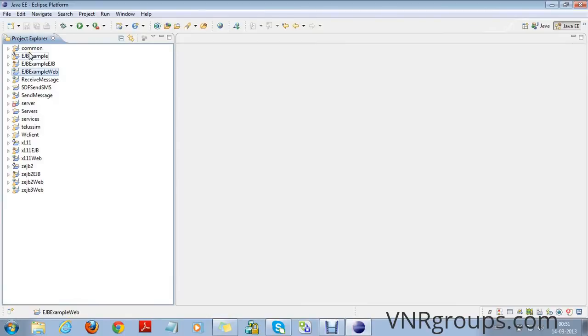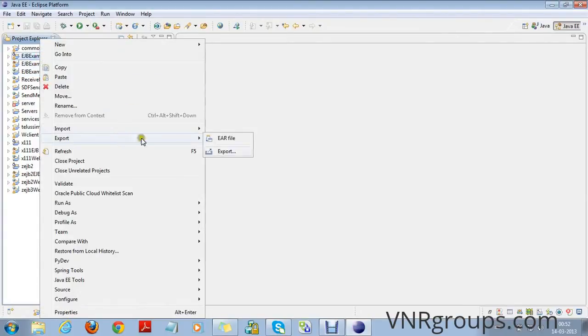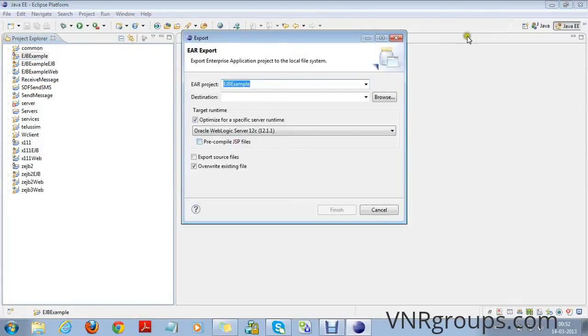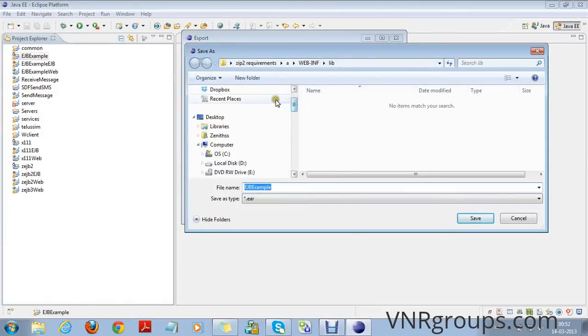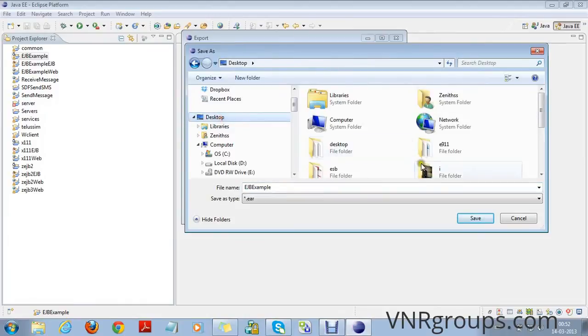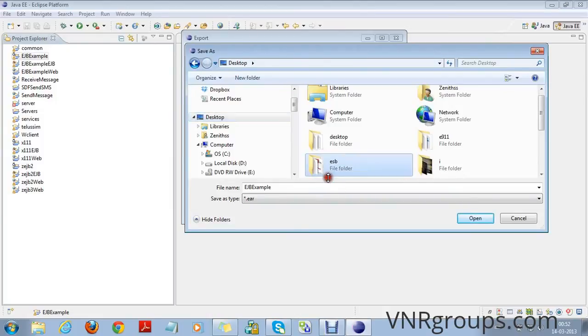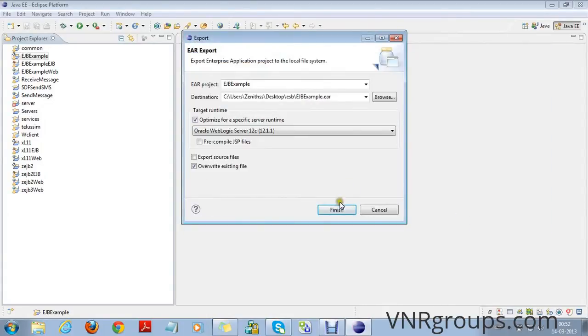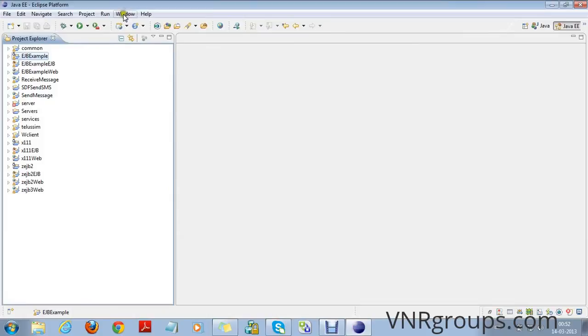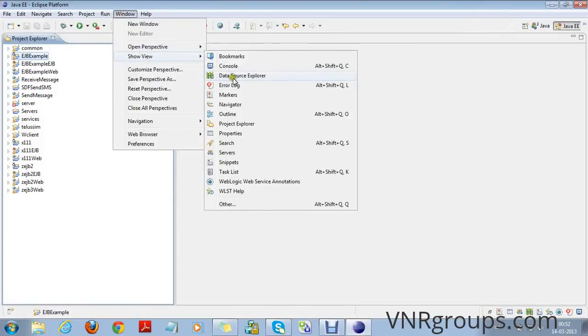Now we will deploy this enterprise application in the WebLogic server. We start the WebLogic server.